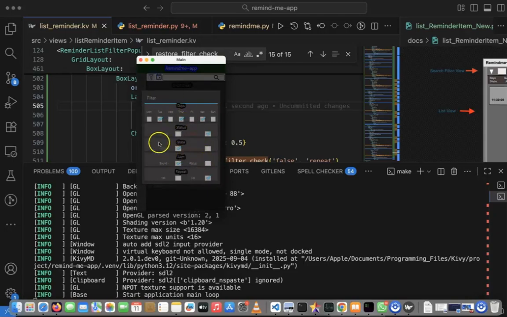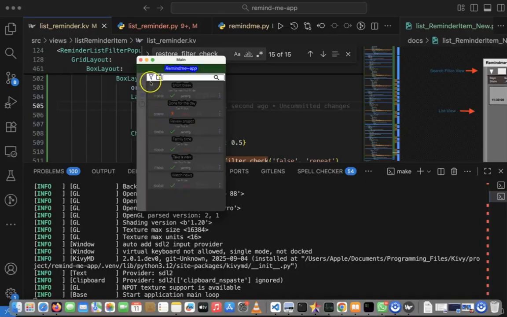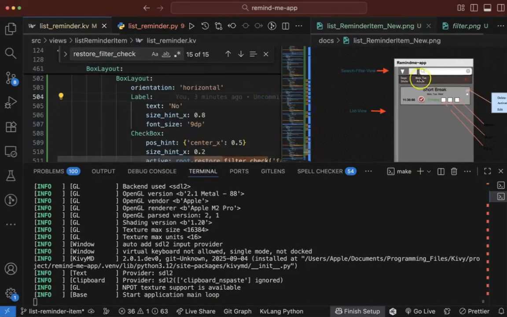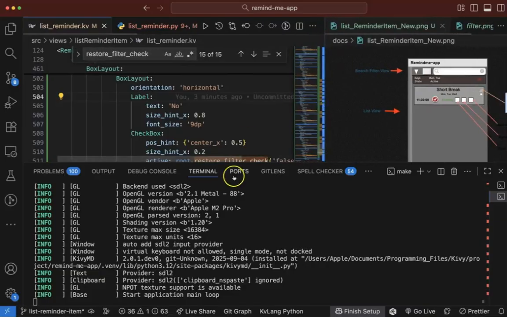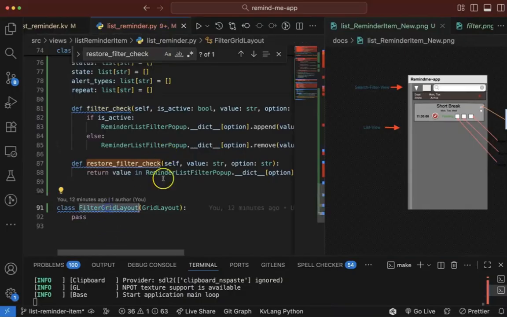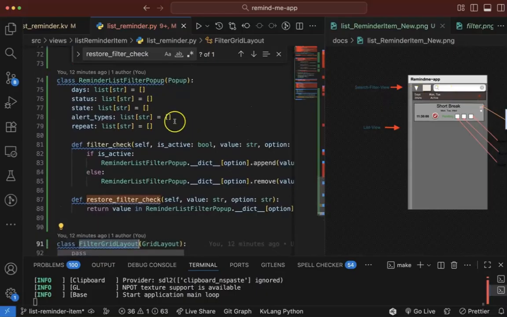So let's see how we can make sure that after we have selected this, our feature options or our grid layout here will be created with all the options that were selected from this feature. All right, so we are building this section now. We are still building this section. Okay, so let's go ahead and do that. Okay, so back in our Python file, we already created this feature grid layout that we can use to build this dynamically. Okay, so we will go at the level of the filter still, and we are going to